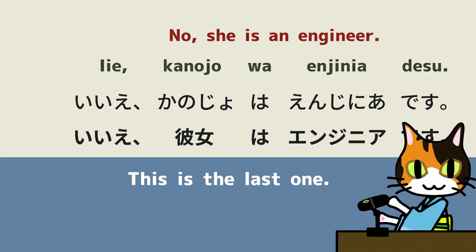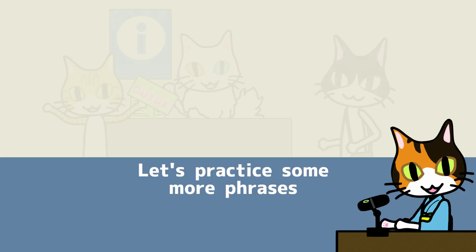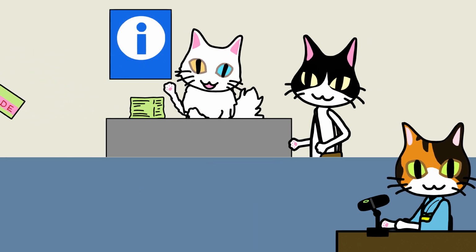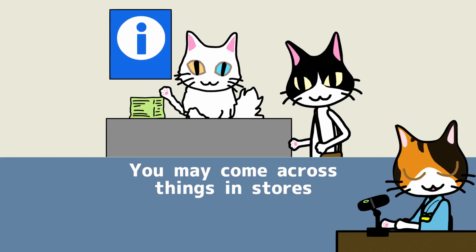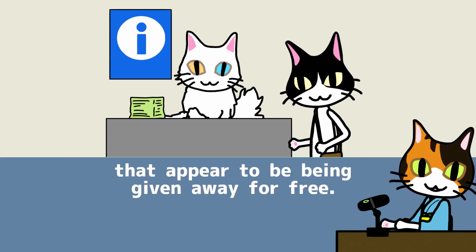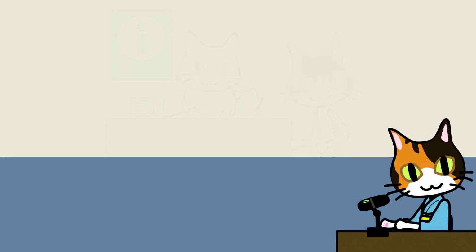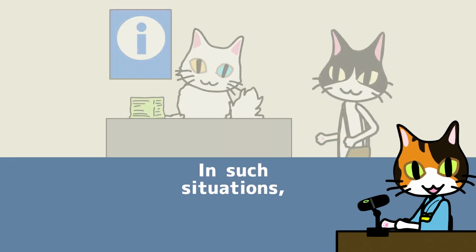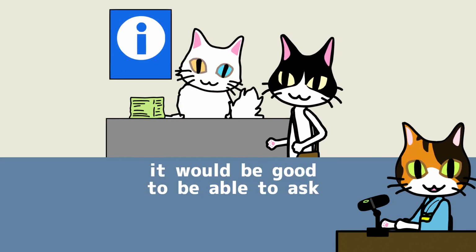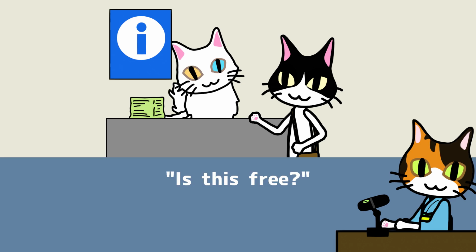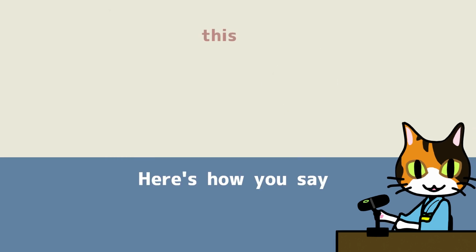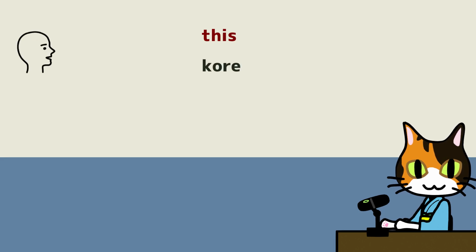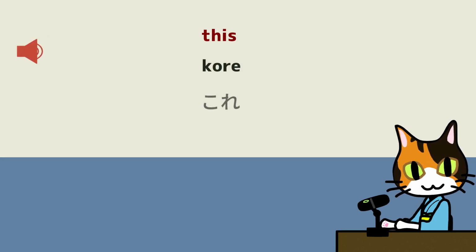Excellent. This is the last one. Let's practice some more phrases that may be useful when traveling to Japan. You may come across things in stores or information desks that appear to be being given away for free. For example, booklets, maps, and other goodies. In such situations, it would be good to be able to ask, is this free, just to be sure. Here's how you say, this, in Japanese. これ。